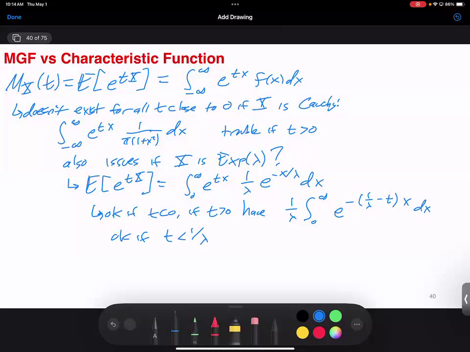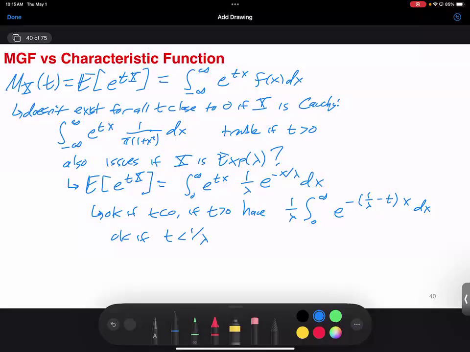So this moment generating function will exist on both sides of 0. So the Cauchy was bad. The exponential, even though we could have some issues, now let's see, we're going to be okay. Because it's only defined for x greater than 0, when t is negative, everything is fine. We get some extra decay from that. Extra decay can't be bad. You know, if you were a finite integral before and I now make you smaller, you're still going to be finite.